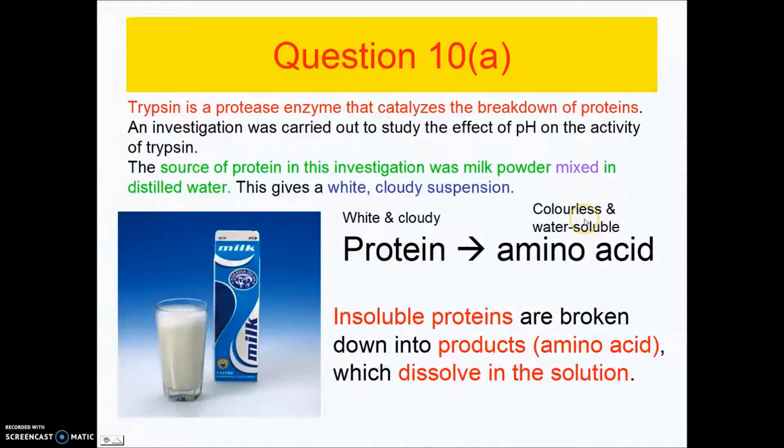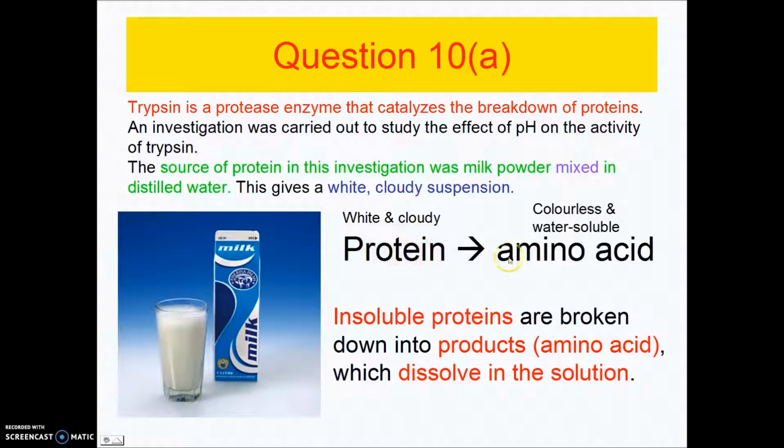Okay, that means clear. In the question it says clear. So in this case, in case you forget, protein is broken down into amino acids, the basic unit. Okay, so for question 10 part A, why the protein